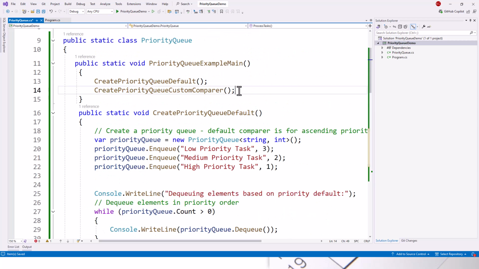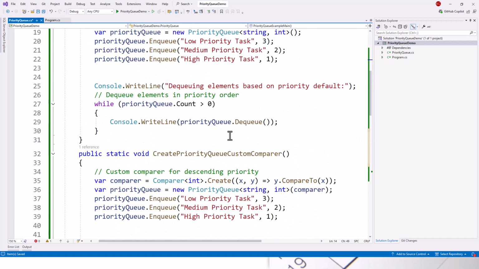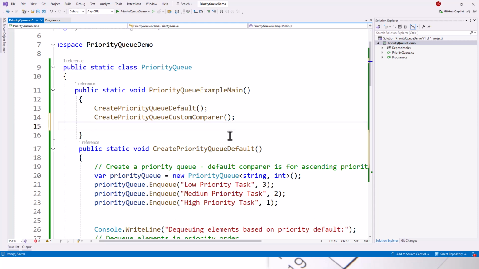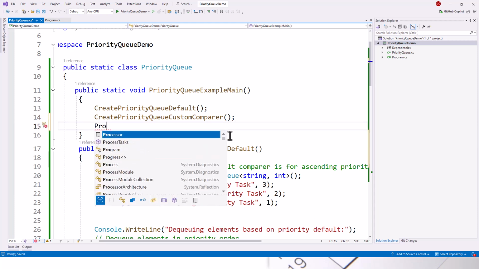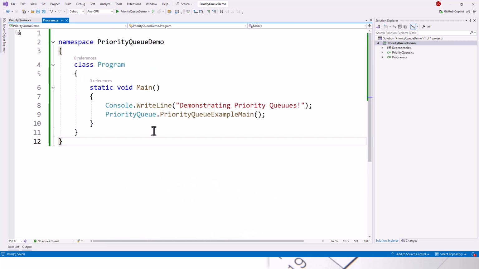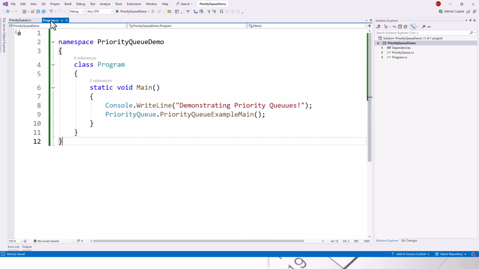So finally I call this, let's see, ProcessTasks. And then program class. So PriorityQueue.PriorityQueueExample.Main. So example main calls all of these methods. So I'm done. Okay. Now if I run this example,